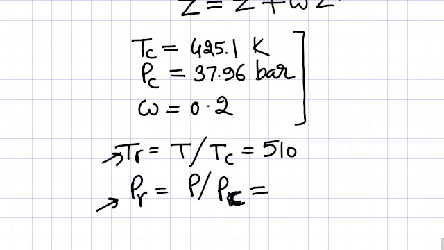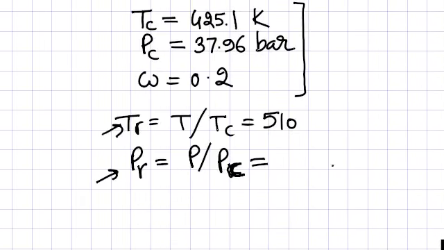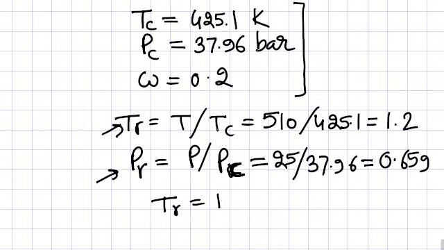Temperature of the gas is 510, as you can see here, pressure is 25 bar. Critical properties you put here, 425.1, and here you put the critical pressure, and when you calculate it you will find this comes to 1.2 and this comes to 0.659. Now with this data, again I am writing it,